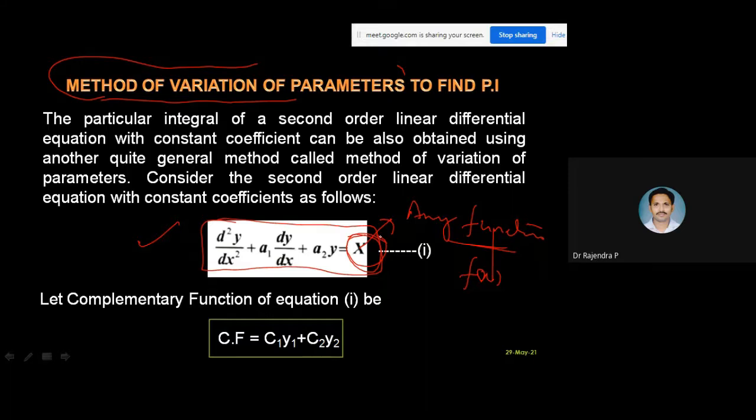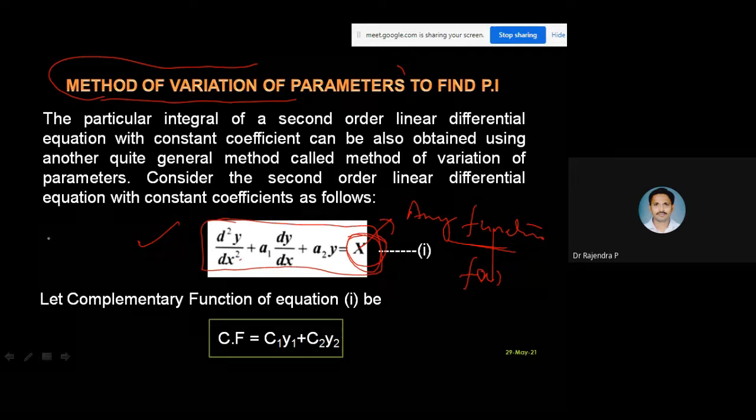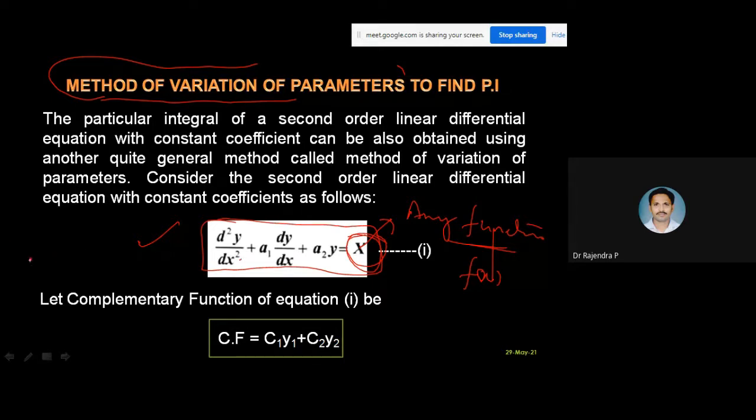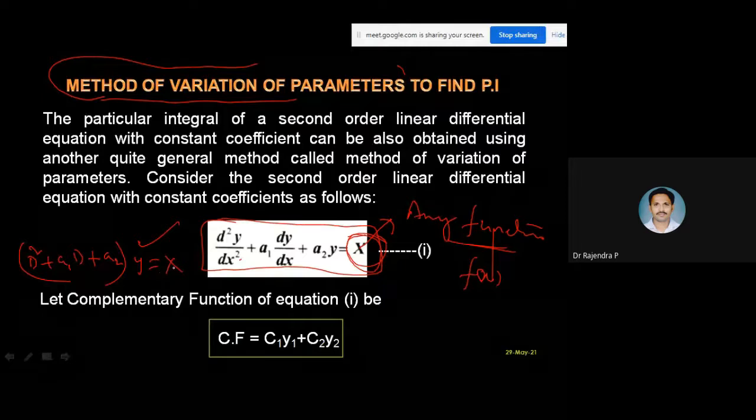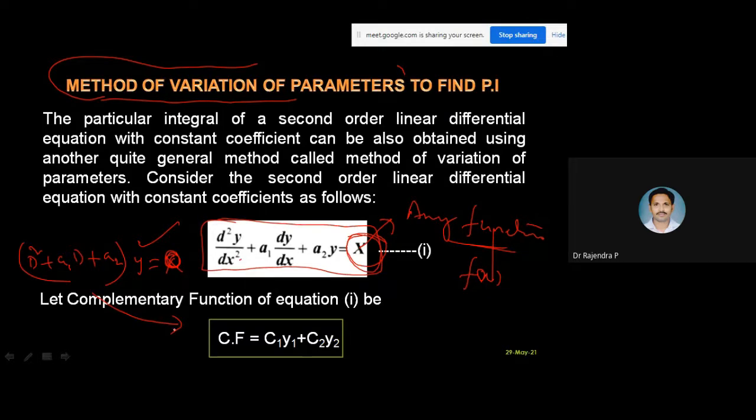It is a formula based method, a very, very simple method. Okay. So how are we going to solve it? It's very simple, right? Second order means you may have d square plus a1 d plus a2 into y is equal to x. X may be anything. To get our complementary function, as usual, in place of x we take the homogeneous equation equal to 0 and we get the complementary function. There is no different approach here. Do you agree or not?